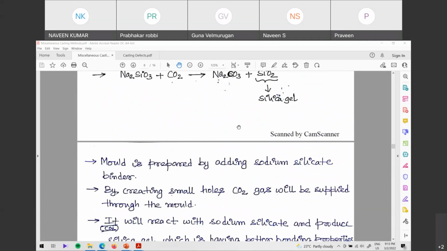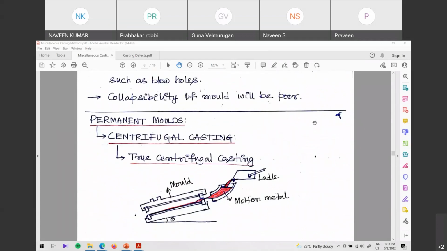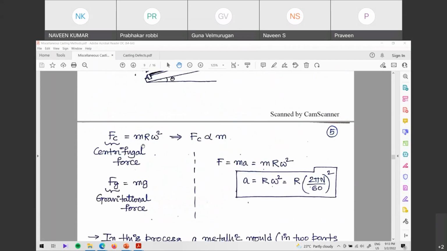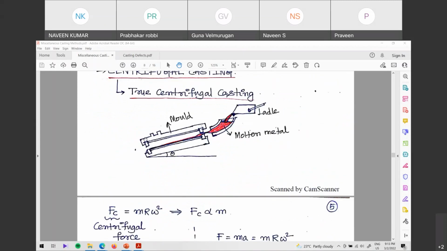Okay, fine. Next, this is the end of expendable or temporary molds. Let's enter into permanent molds. In permanent molds, we have centrifugal casting, and in that we have two types of centrifugal casting. So I'll not go into details. I won't discuss all the formulation. I'll just tell you the procedure. That's it. What you'll do here in this case,